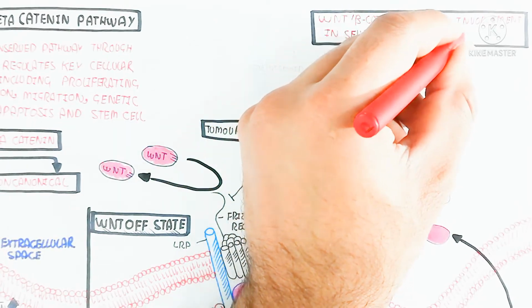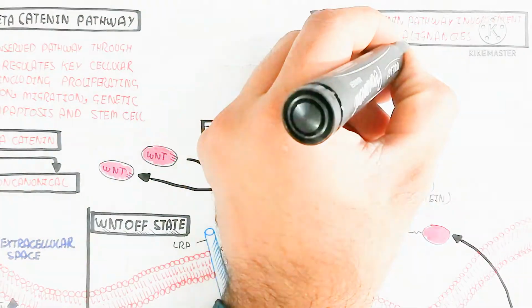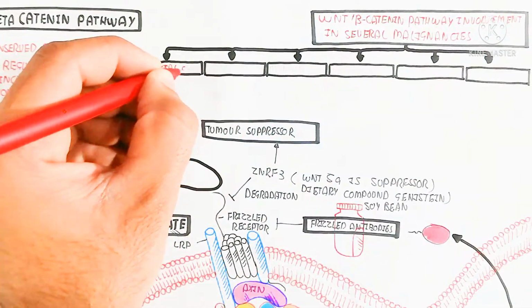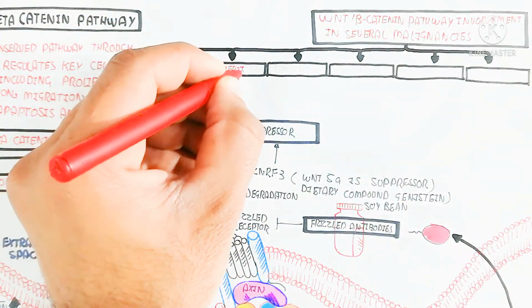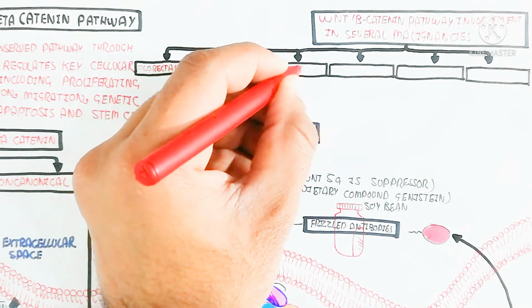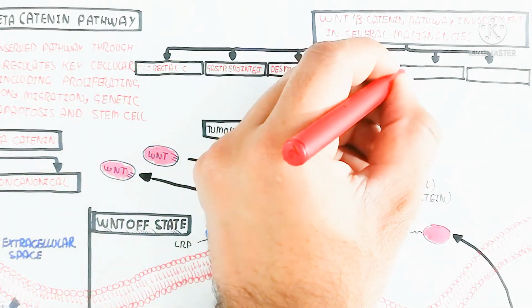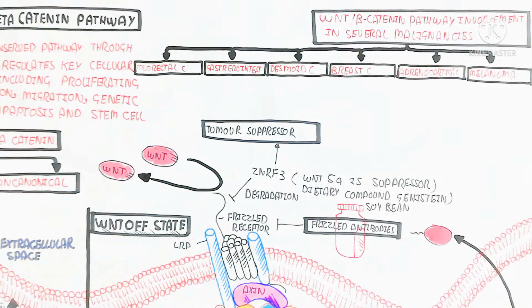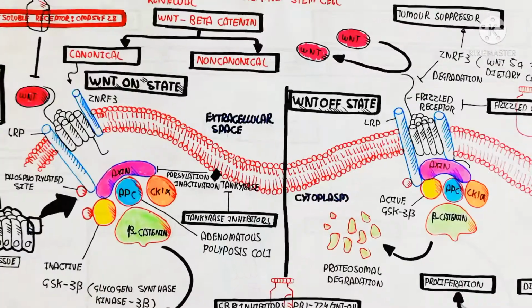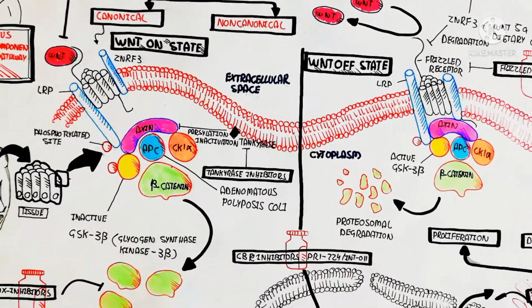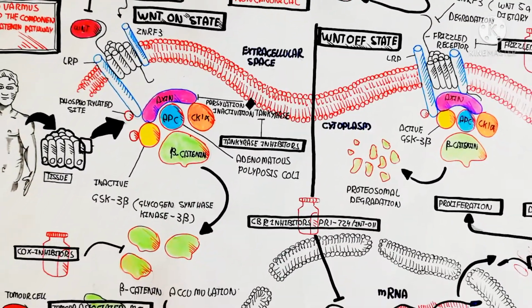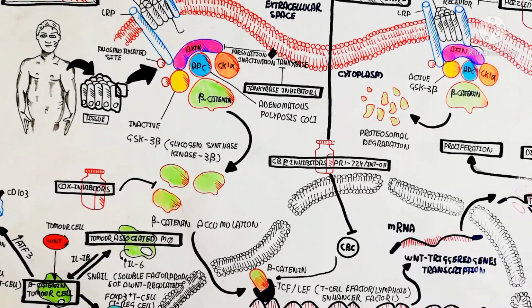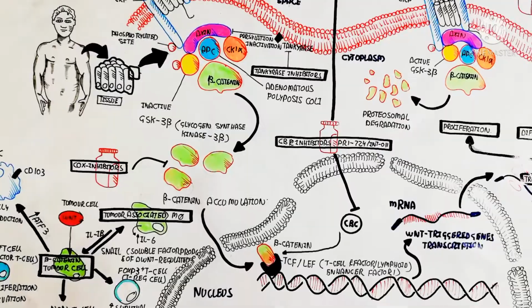While here is the Wnt beta catenin pathway involvement in several malignancies, for several cancers, for example colorectal cancer, gastrointestinal cancer, desmoid cancer, breast cancer, adrenocortical cancer, and melanoma. So thanks for watching. This was the Wnt beta catenin pathway, which is associated with the cancer causing signaling molecule. So thanks. Bye.